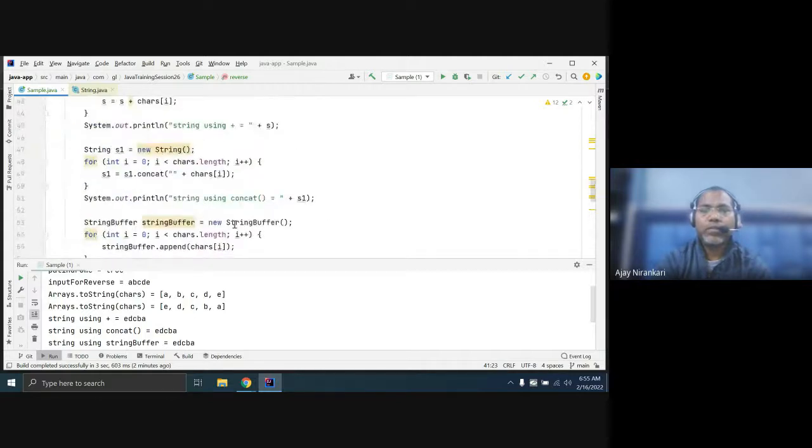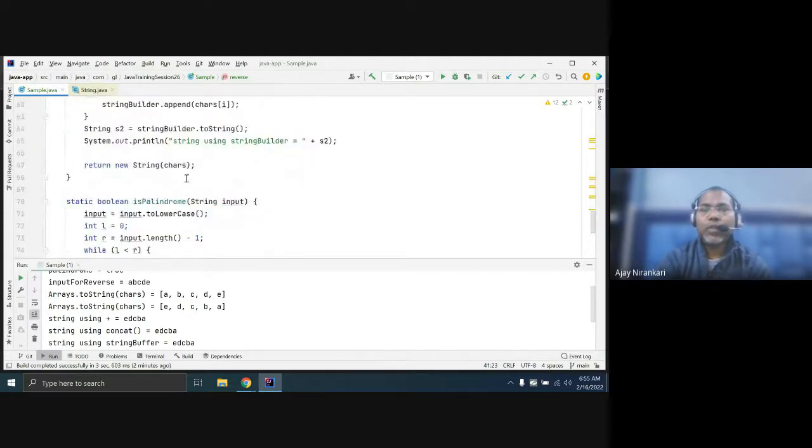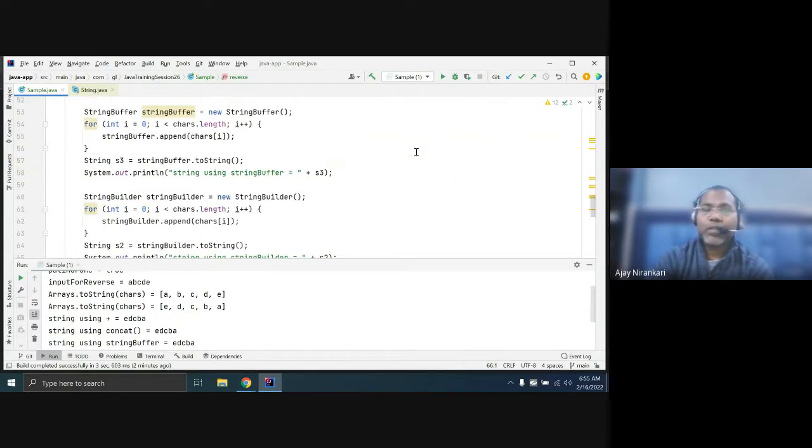There are multiple approaches. The String class is a very special class. For multiple situations, developers have written different ways to create the string object.